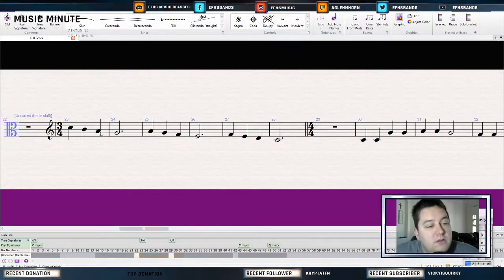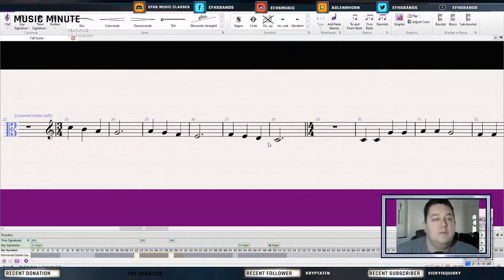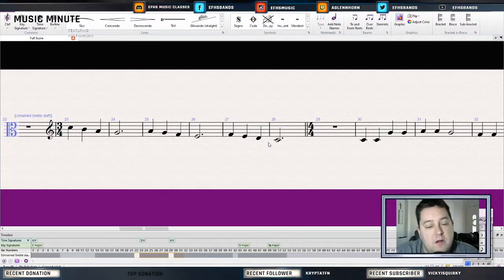1, 2, 3, 4. 1, 2, 3, 4. 1, 2, 3, 4. So it goes down 4, up 1, down 4, up 1. Something about music to call out is that it is all about patterns. All about the patterns. So the quicker that you can identify that and jump onto it,